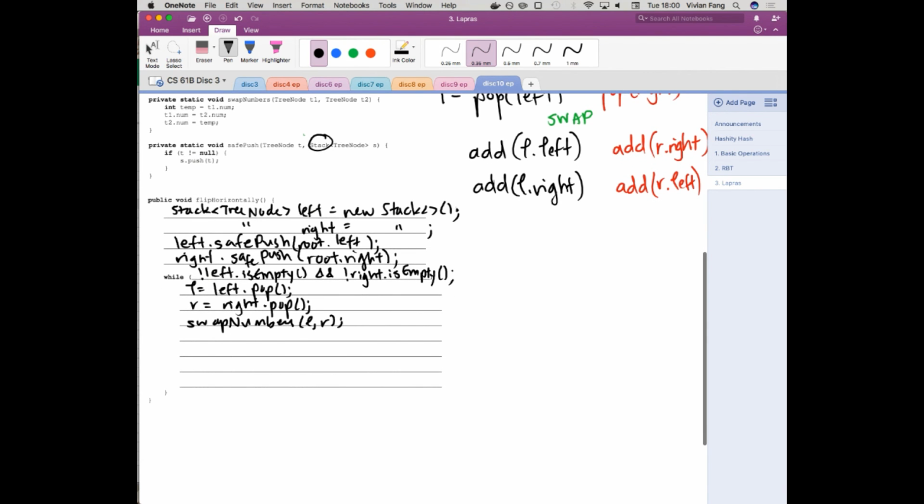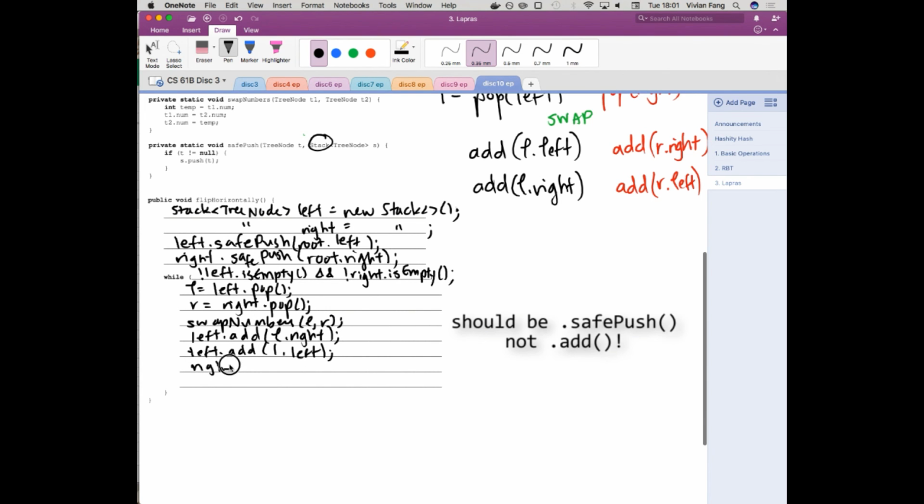And then now you have to do this ordering, right? Because we have to left.push L.right, and then left.push L.left. But then we have to do the exact opposite for the right stack.